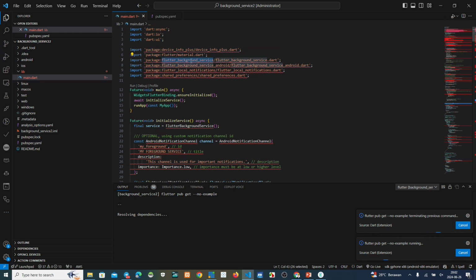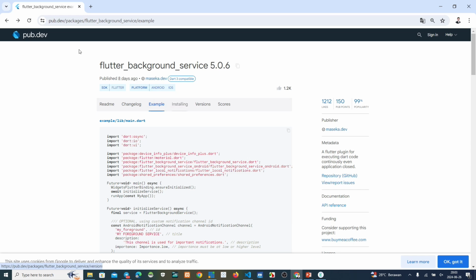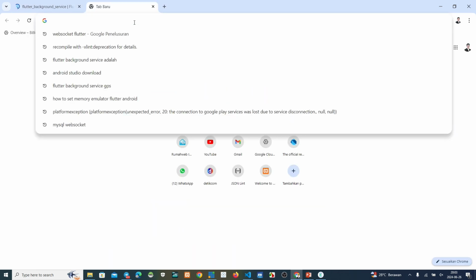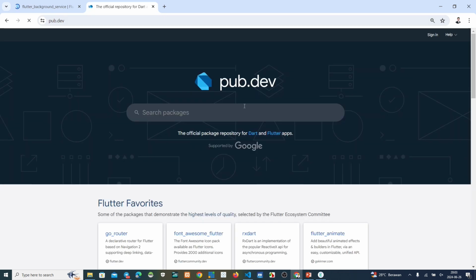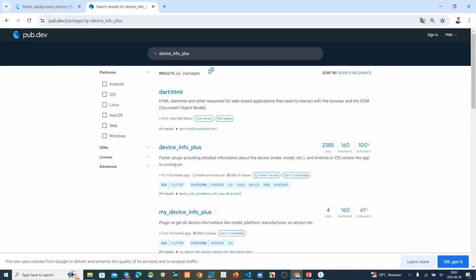We have copied the dependencies, and then this one, device info. Maybe we see this one, open a new page. Copy this one, device info plus.